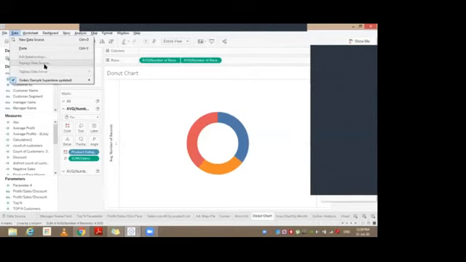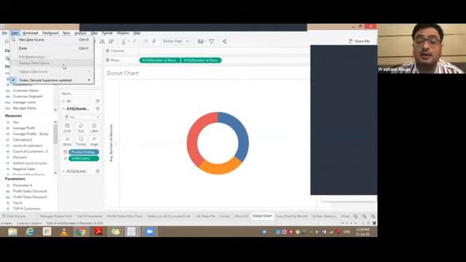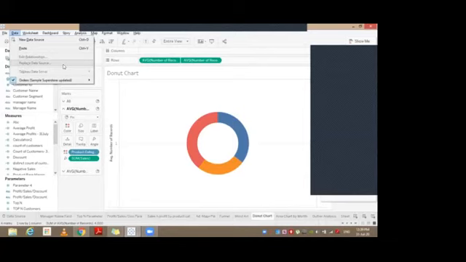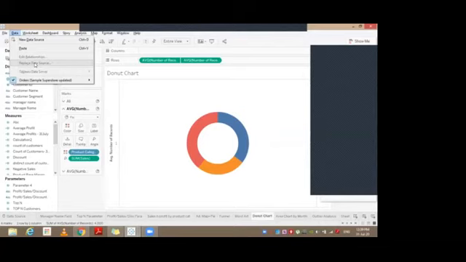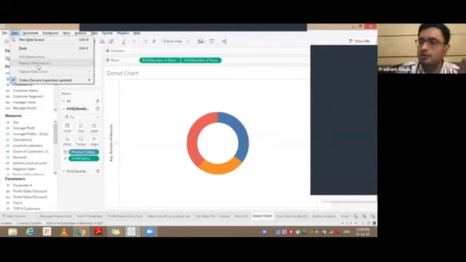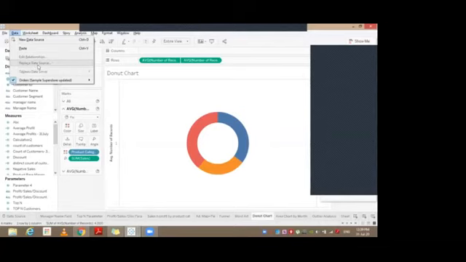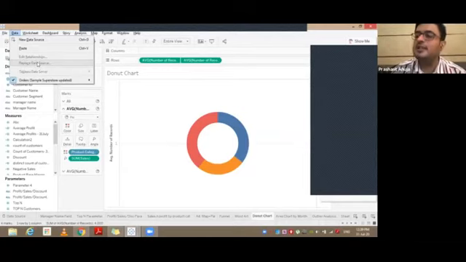Yes, sir. So basically, this is blocked because this is a public format, Tableau Public. But whenever you're using the actual Tableau Desktop, this field is enabled. So whenever your raw data is updated, you just need to replace the data source and click the refresh button. And whenever you click the refresh button, all the charts in all the worksheets and all the dashboards which you have created would get automatically refreshed with the revised values.